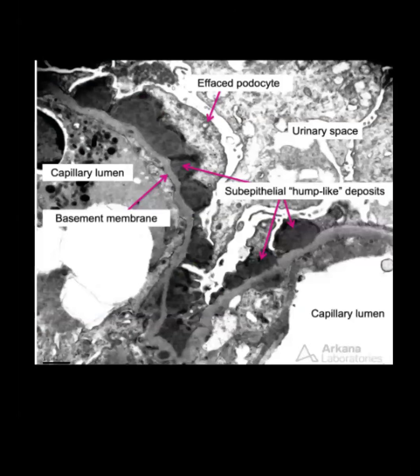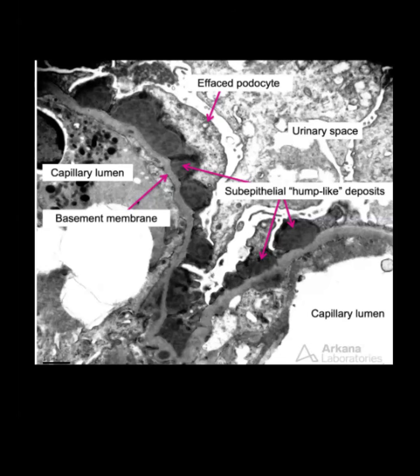Okay. So this is again electron microscopy. You can see the effaced podocyte, and there are deposits between the podocyte and the basement membrane. These are the subepithelial humps we study every day in nephrology. In all of nephrology, subepithelial deposits occur in 3 conditions. One is membranous nephropathy, which can be primary or secondary due to lupus or hepatitis B. Other is post-streptococcal GN, in which subepithelial humps occur, as well as post-infectious GN. And third is MPGN, in which deposits start from the subendothelial space and then come to dense deposit disease,